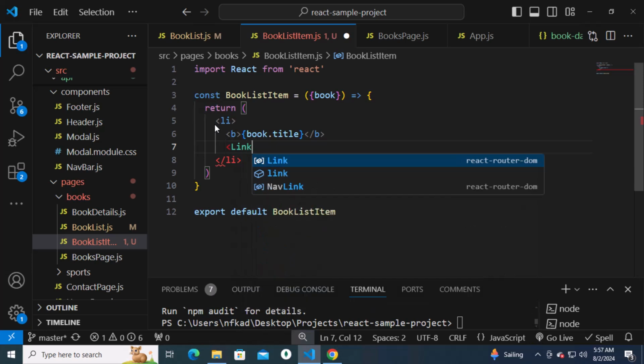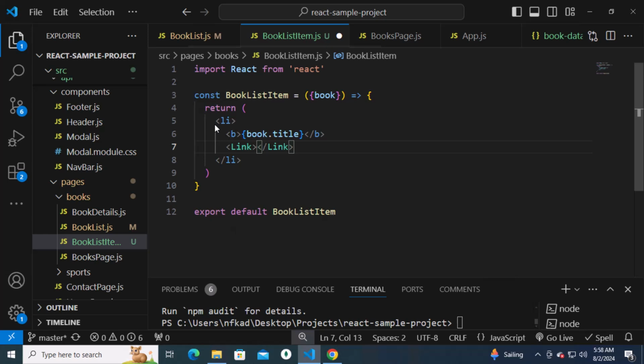This is similar to navlink, but this is not a navigation link. It's not in a nav bar. So that's why I'm just using the link here like this. So let me just go ahead and put in the closing link tag like that. And then in between the opening and closing link tags, by the way, that's a capital L because this is a React component here. I'm just going to make it say view details